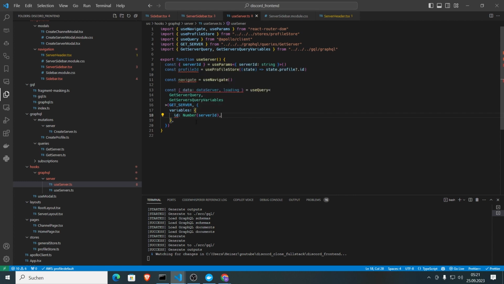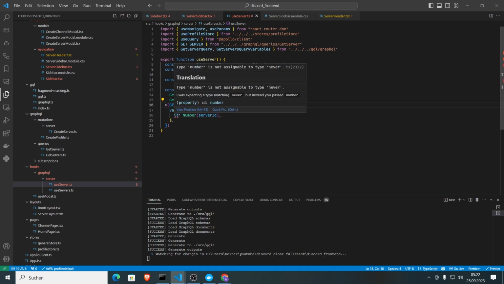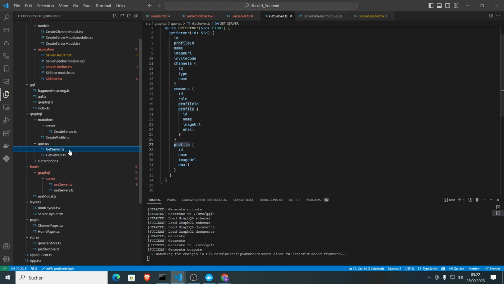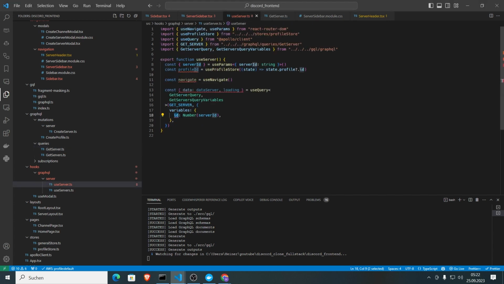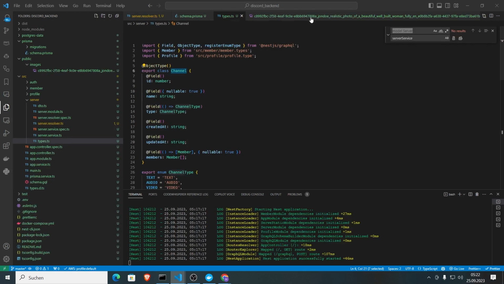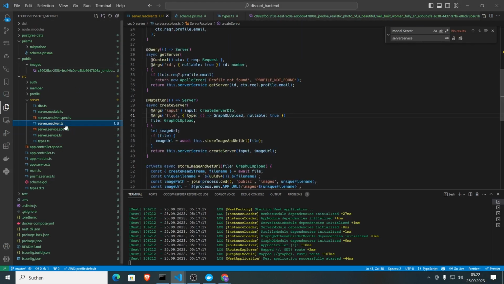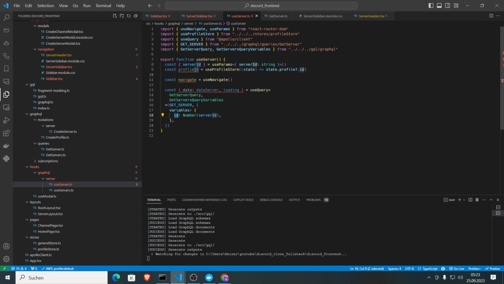and what's happening here? Here we get an error. Okay, why do we get an error here? Let's go back to our get server query. ID of type float. This looks fine. So why do we have this error here? Variables. Okay, let's go to the backend again. To our server resolver. We have nullable is true. Okay, for now I'm not really sure why we get this error, but let's keep going